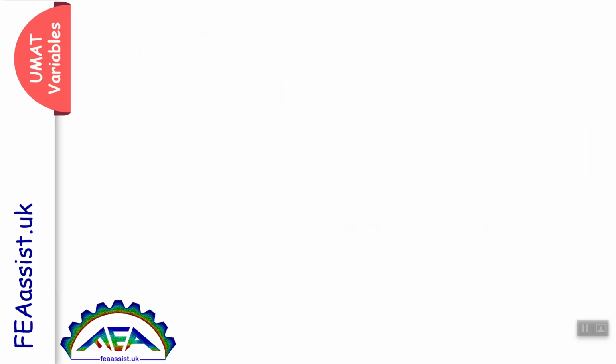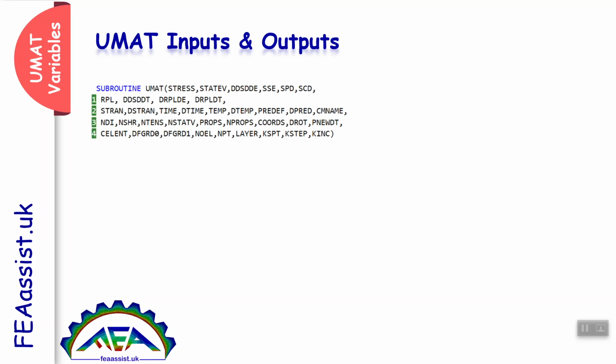The next important thing about any subroutine, especially UMAT, is UMAT inputs and outputs. UMAT is a machine that accepts some inputs, processes them, and exports the results as outputs. UMAT has some variables: stress, strain, DDSDDE, and some of the variables you can see here. Actually, all these variables are being computed in Abaqus,